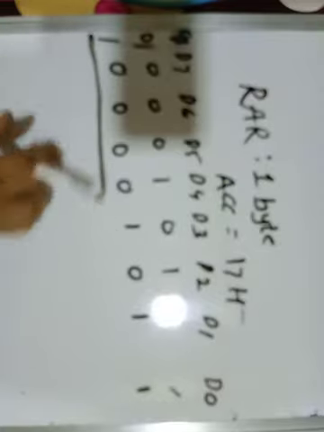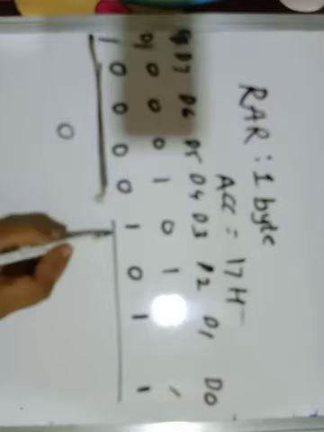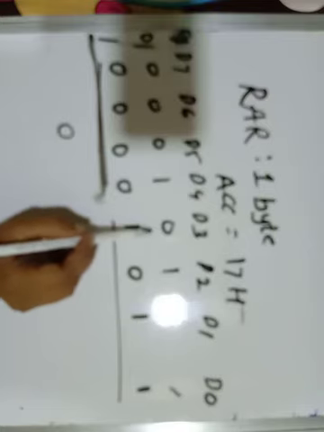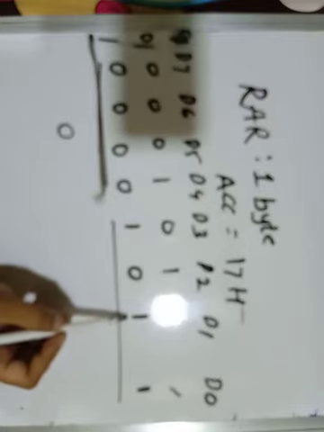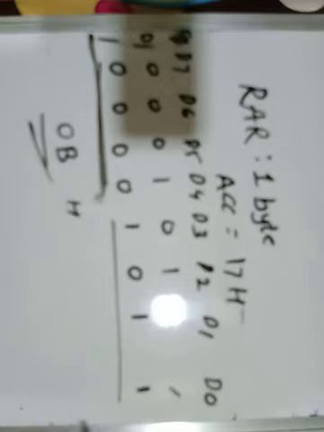The carry flag is 1 and here it is 0 and 1 0 1 1. It stands for 8, 2 raised to 3 means 8. 8 plus 2 is 10 and 11. 11 means it is B. 0BH. Okay. So these are the 4 last instructions of the logical group.